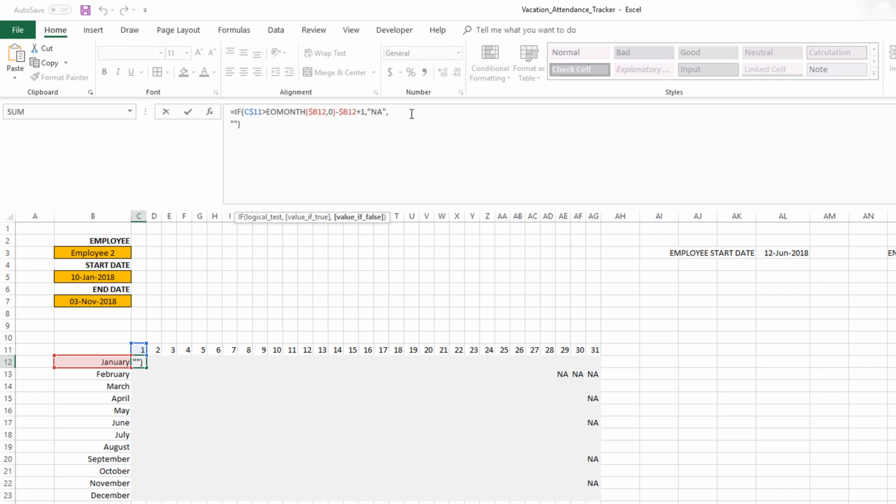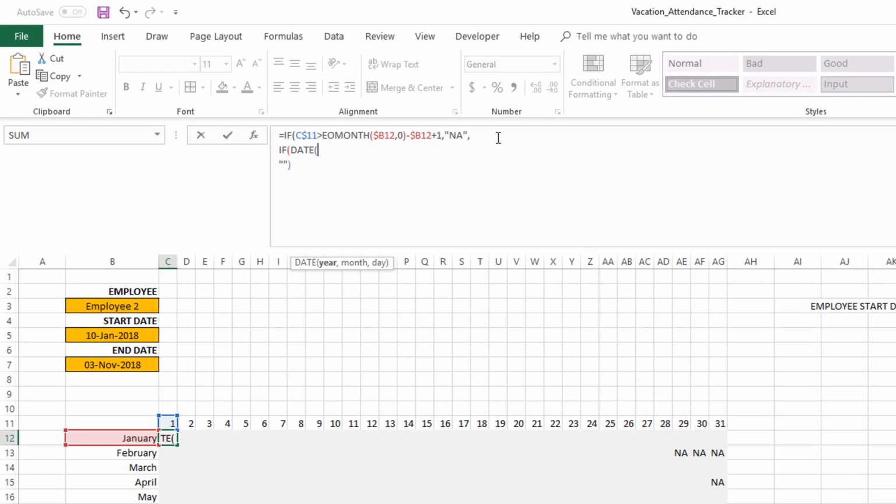So in order to write that part, I'm just gonna do Alt Enter to go to the new line within the formula, and I'm going to type IF. Here, what we want to do is if the date is less than the report start date. So date, we first have to calculate the date, and we're going to calculate it by saying YEAR of